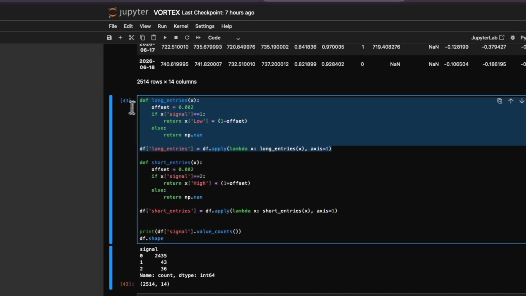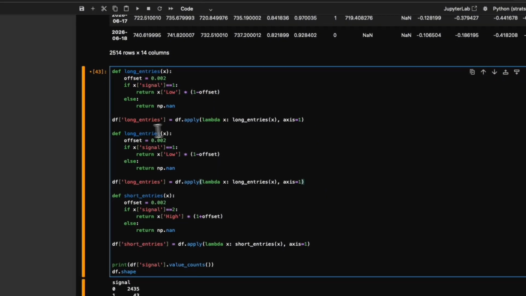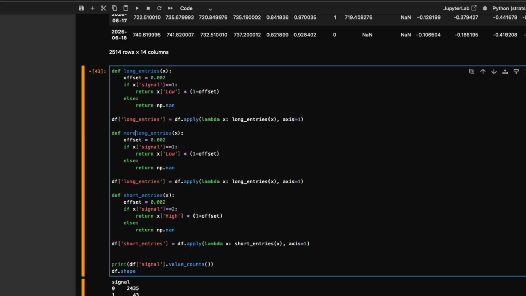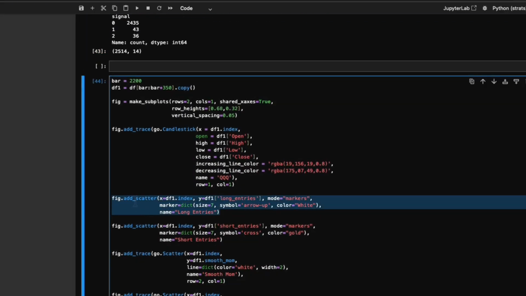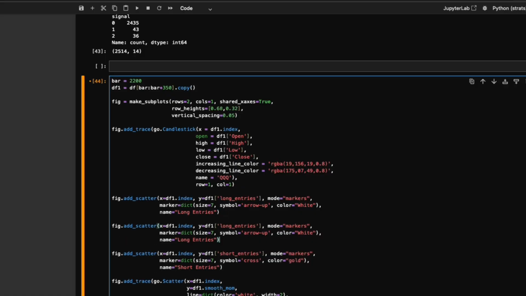So to add that on the chart then, I'm going to have to duplicate some of this. And I'm going to make that more long entries. And the lambda function needs to change to more long entries. And the column name too, otherwise it'll just be overwriting your file. And then we will copy this as well. And we'll make that more long entries, and then we'll make that color blue. So if we go and run everything again,